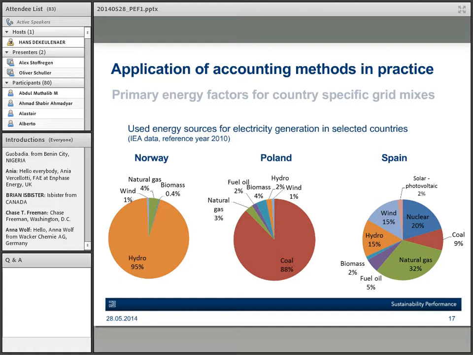And then we have Spain with a very diverse mix. So there's nuclear 20%, coal 10%, natural gas 30%, we have 15% wind and hydro each. So these numbers refer to 2010. So if I look then on my primary energy factors,